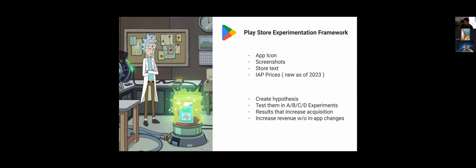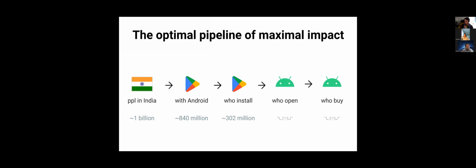So you can create a hypothesis, then test that hypothesis in A, B, C, D experiments. You can use those results to increase conversion on the Play Store, and then use that conversion to increase your revenue. The basic flow is something like this, where if you're targeting India,